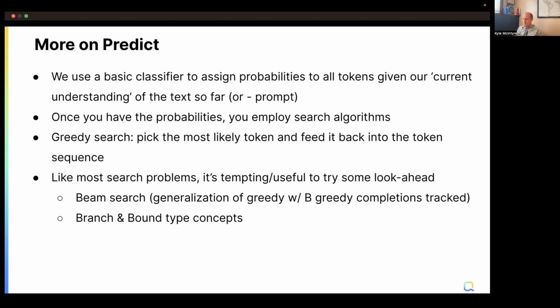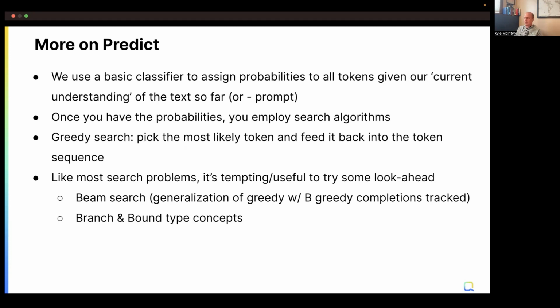And for those of you who are a bit more computer science savvy, once you have the probabilities for all these tokens, you could employ different search algorithms for how you pick them. Now, the most obvious is called greedy search, where you take the token with the highest probability and select that and feed it right back into the model.